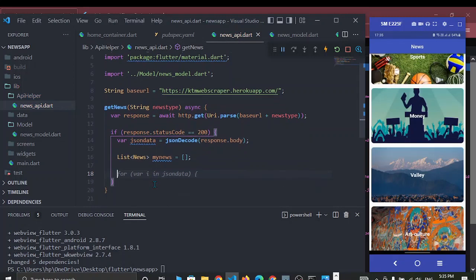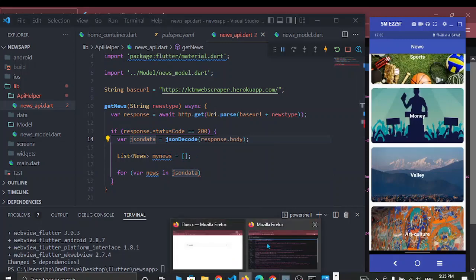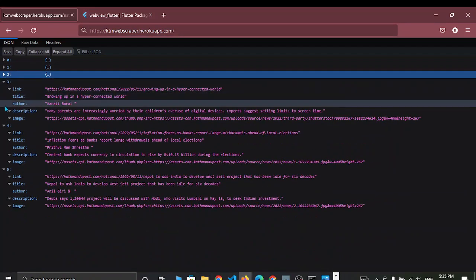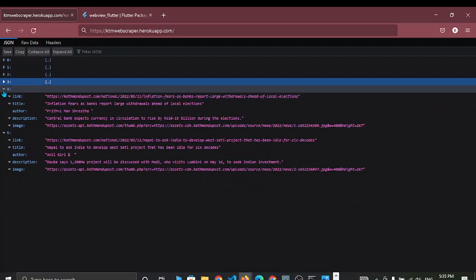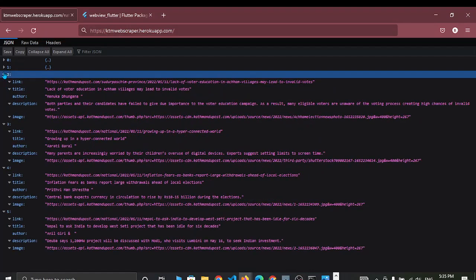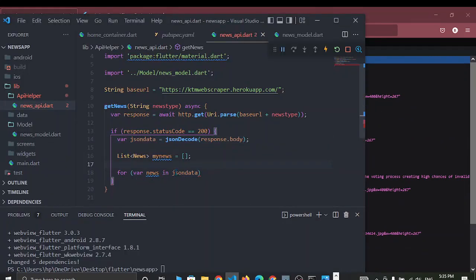Now I'm going to create a new for loop, for var news in jsonData. This jsonData contains this whole data. We will iterate over all this data each time. Here you can see a list of 6 news, and this loop will run 6 times and provide us these values. For var news in jsonData,